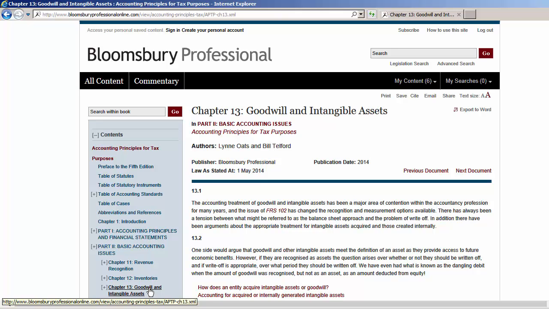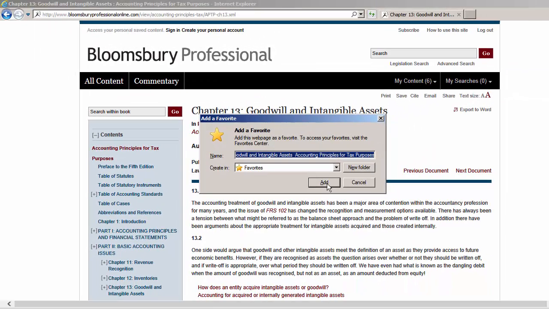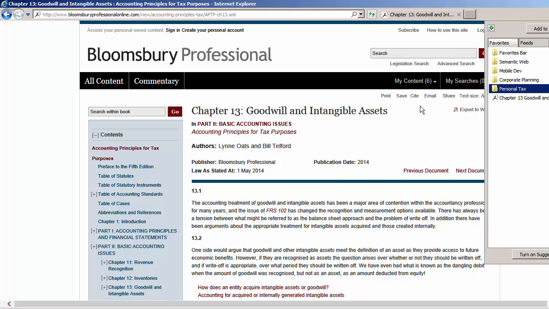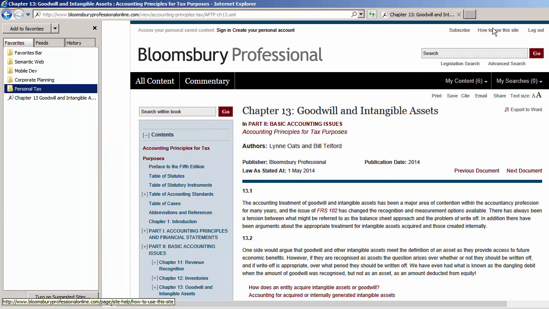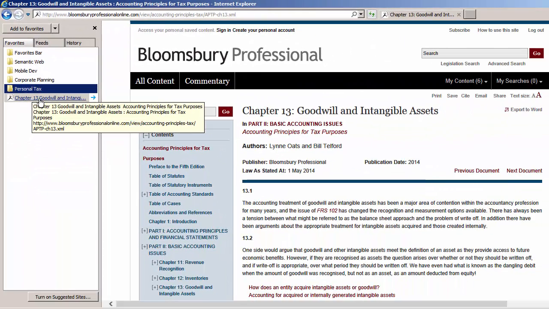How do you bookmark this page? There are a number of ways of doing it. You can either click the star icon in the toolbar. What I prefer to do is just press Control and D on my keyboard, and that calls up the Add Favorite dialog. And let's just add that into my favorites now. And if I load my list of favorites, you can see that immediately shows up there on my favorites list